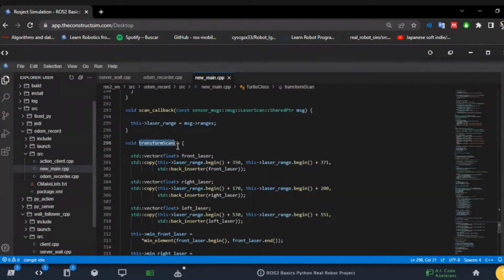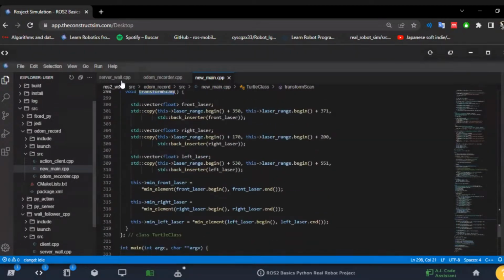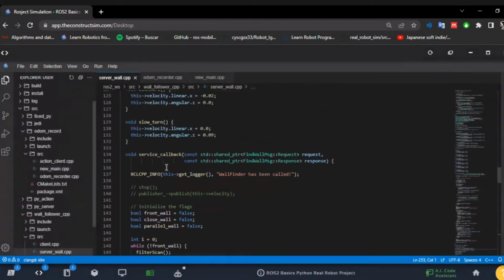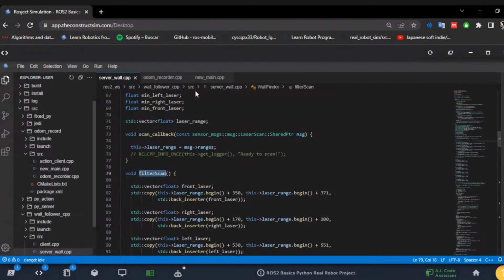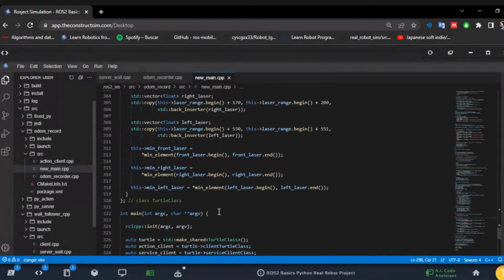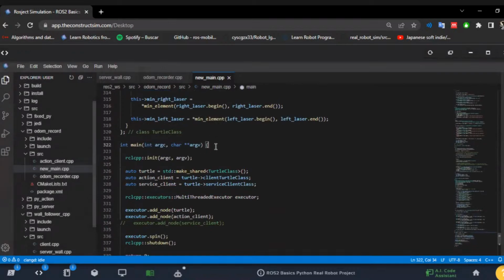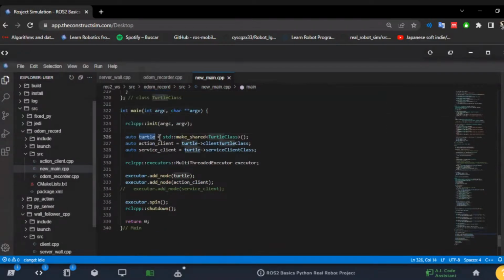The transfer scan is the same as the filter scan. Okay, yeah, to take the range values. Cool. And in the main, I create a turtle class, and I add an extension of the turtle class, which is a client turtle class and a service turtle class,